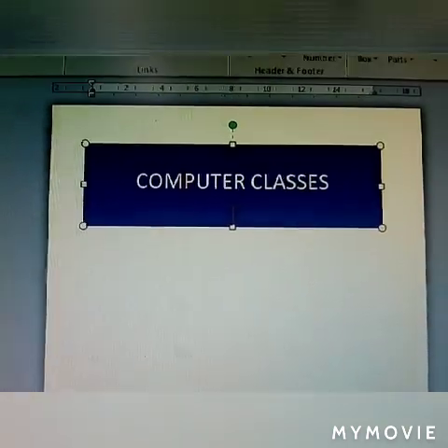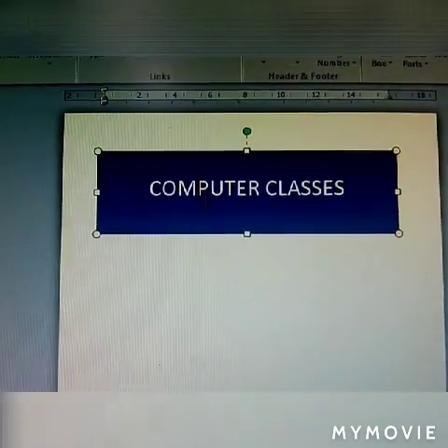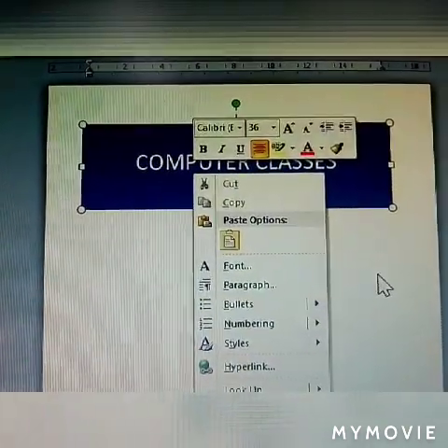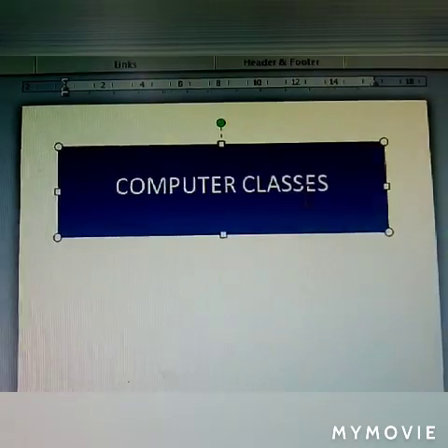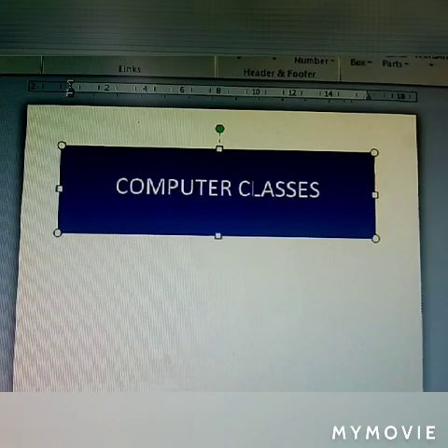Drag and drop any shape and there right click and add the text. After type any name. I am given computer classes. After